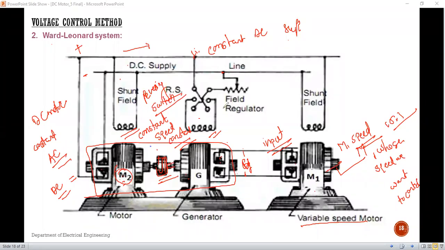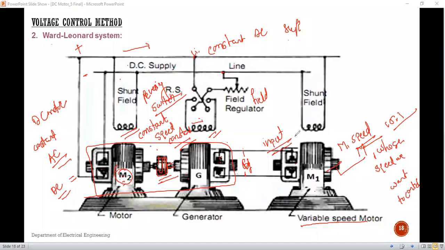So to reverse the direction of the field, that means the current obtained at the output side, we are changing the direction of that current. If the direction of current can be changed, then automatically the motor direction will be changed. And again here a field regulator can be inserted. We are making changes in the generator. So a reversing switch is used in the generator field winding and one field regulator is connected in it.